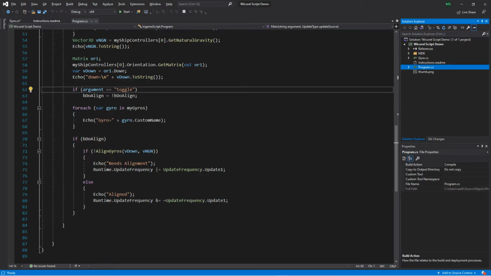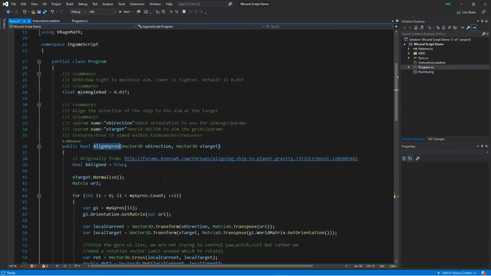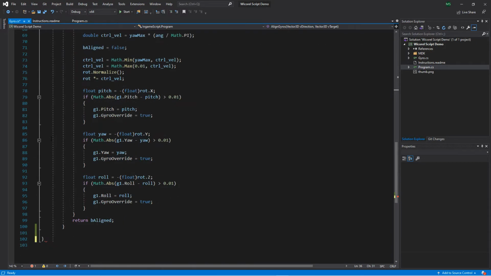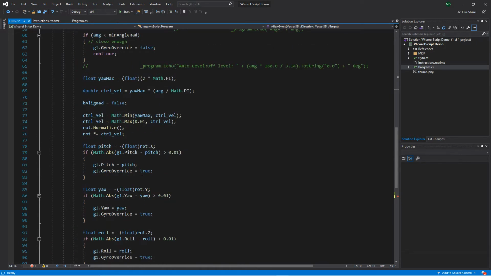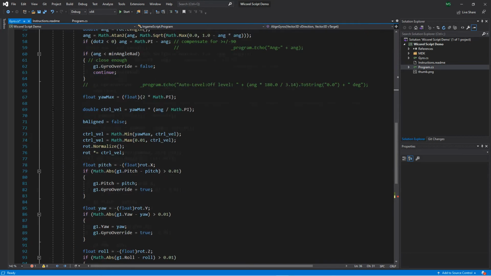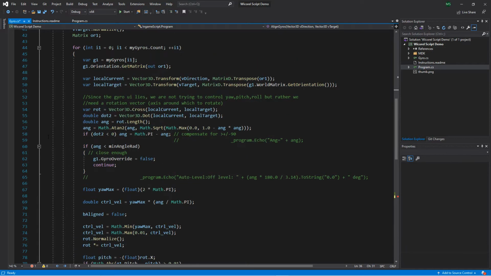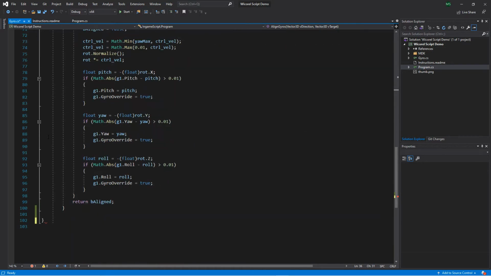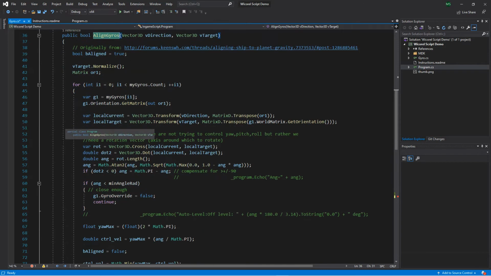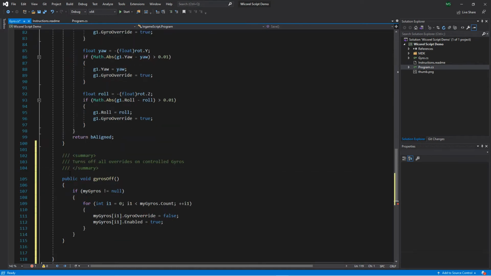And the gyro code itself, so let me use the Visual C code implementation. So here's the code, and when it needs to go, it's turning on the override. Otherwise, it's turning it off. If it doesn't need them, it turns off the override on that gyro. So it's turning it off when it's done, but it's not getting done because we told it to stop. So what we need to do is add a routine here to the gyros to turn off